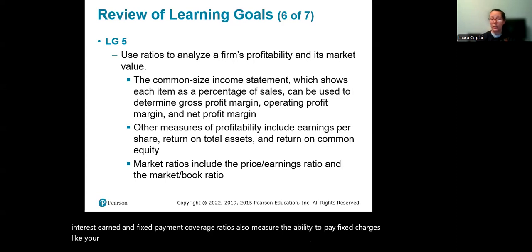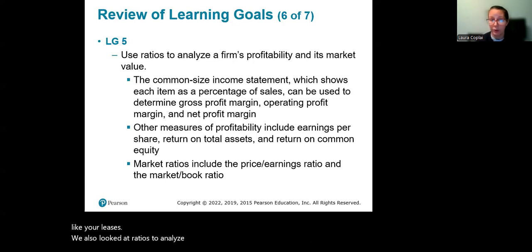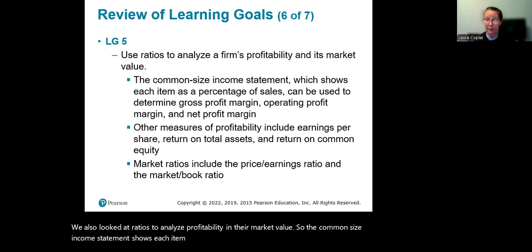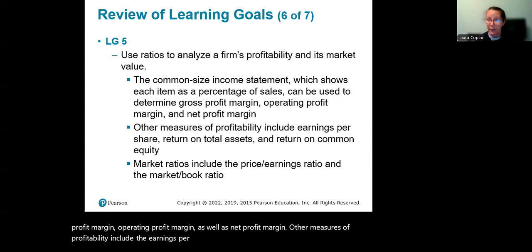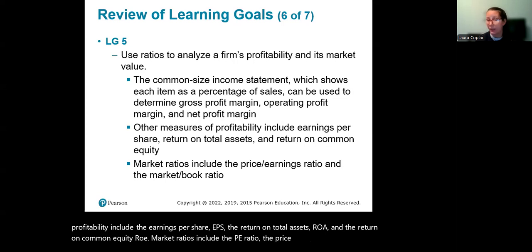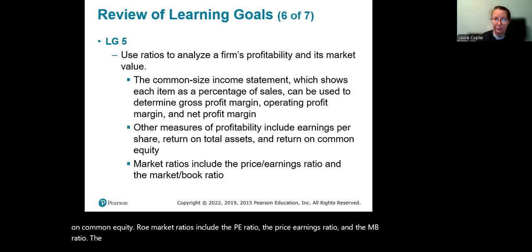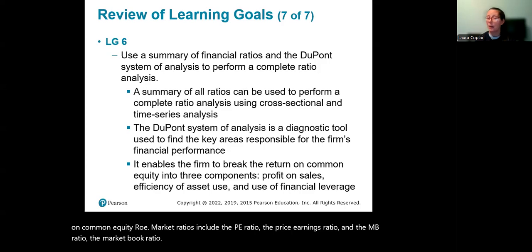We also looked at ratios to analyze profitability and market value. The common size income statement shows each item as a percentage of sales. That can be used to determine gross profit margin, operating profit margin, as well as net profit margin. Other measures of profitability include earnings per share, EPS, the return on total assets, ROA, and the return on common equity, ROE. Market ratios include the PE ratio, the price earnings ratio, and the MB ratio, the market book ratio. We also looked at a summary of financial